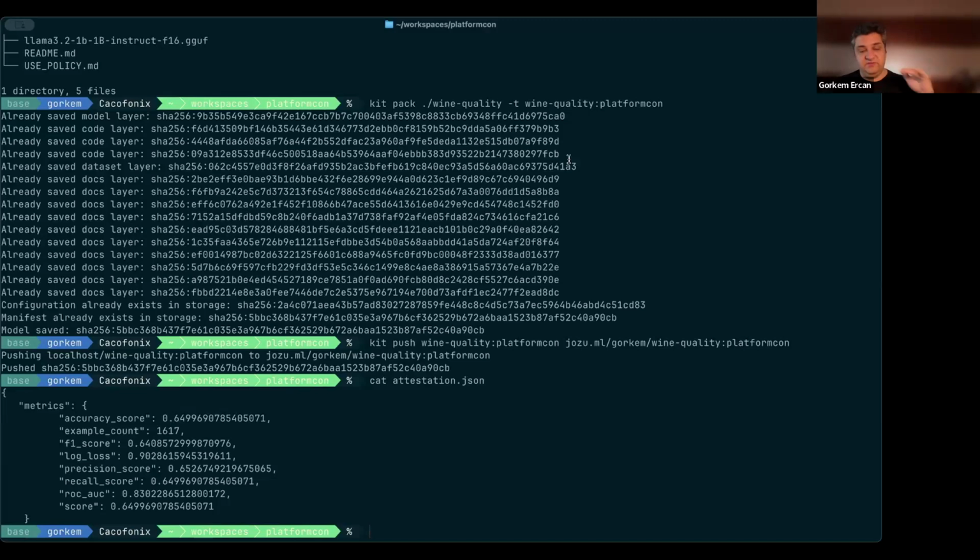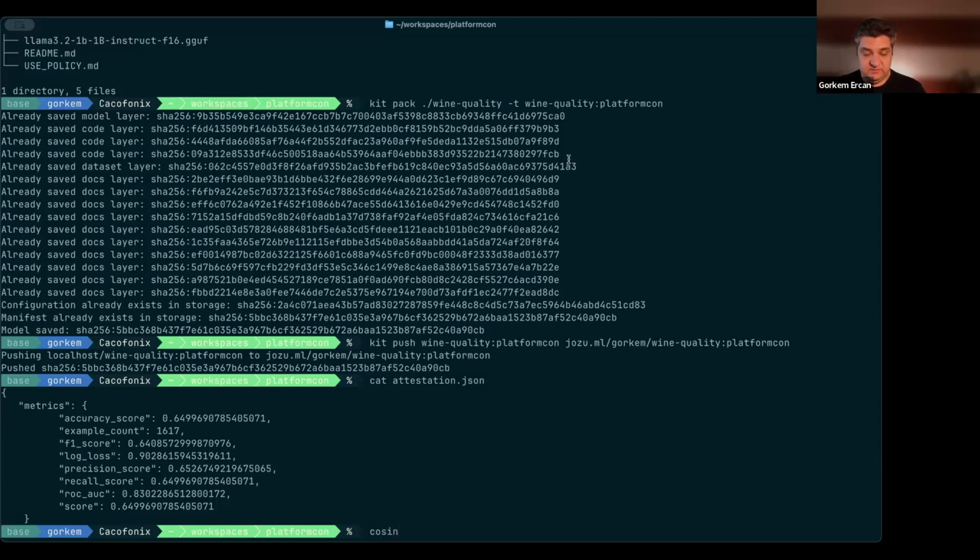It's like, these are the metrics, here's my accuracy score, here's my example count, and so on and so forth. What we are trying to do is essentially record the results of the experimentation as an attestation to the model kit, so that this is trusted metadata that can be used down the line for policy enforcement.